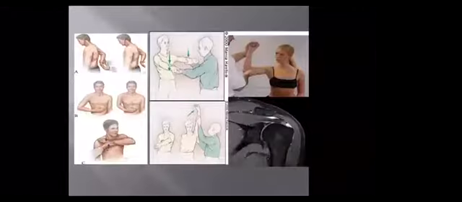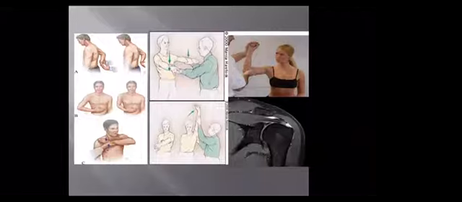Next will be Jobe's test for supraspinatus and infraspinatus, the empty can test. The patient is asked to abduct and flex the arm to 90 degrees and internally rotate, and the therapist gives pressure opposite to the flexion. And the Neer impingement test: the therapist takes the patient's arm into flexion overhead and the patient is asked to press against the therapist's pressure.